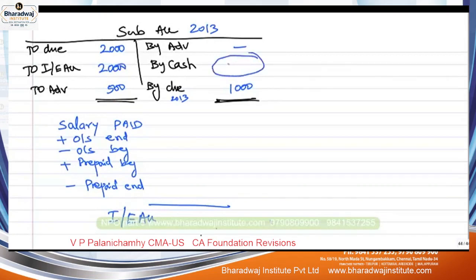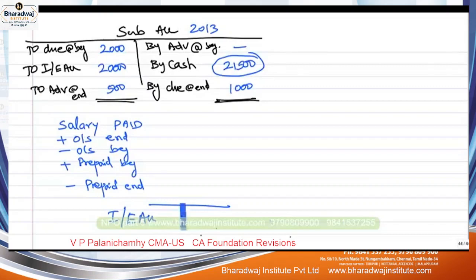Balancing for a cash flow. Once again, the opening balance due is given, advance is given. In the income and expenditure account, by subscription 2000 is given. Advance is given below. Due at the end of the year is also given at the end. If you tally this, you will get cash collection as a balancing figure. 33,300. What? Closing balance. I do not know. Let us see.